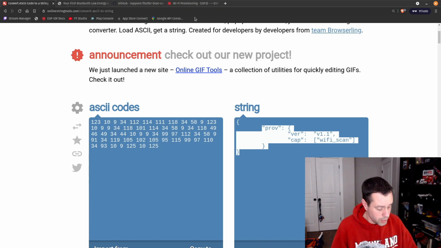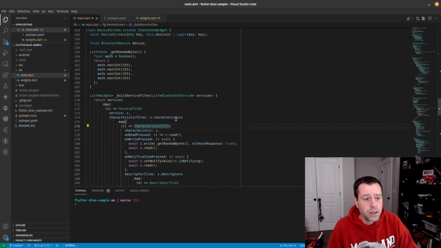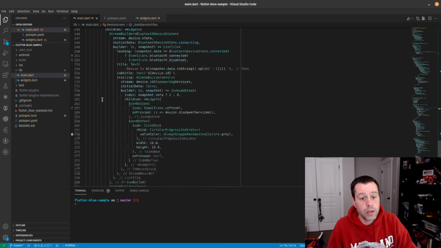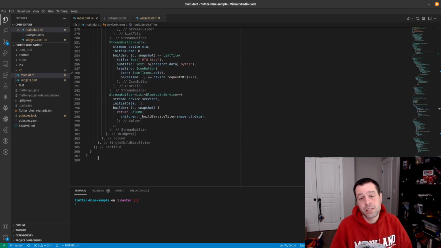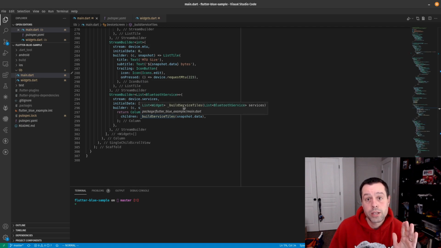So if I look at the code for this, most of the Bluetooth is in this main.dart, and you can see we're talking less than 300 lines of code. My next step, and I just wanted to show you that indeed Flutter Blue seems to be working so far, is going to be how can I write an abstraction for the ESP32 provisioning service that